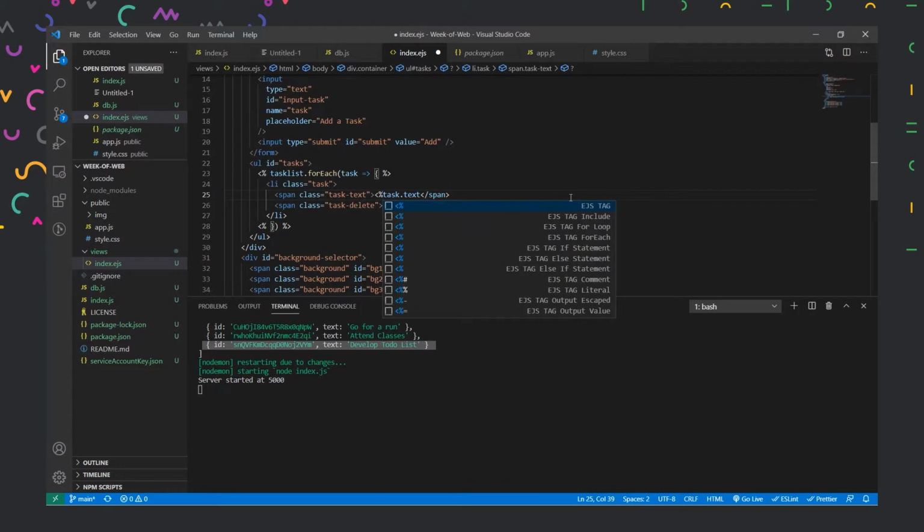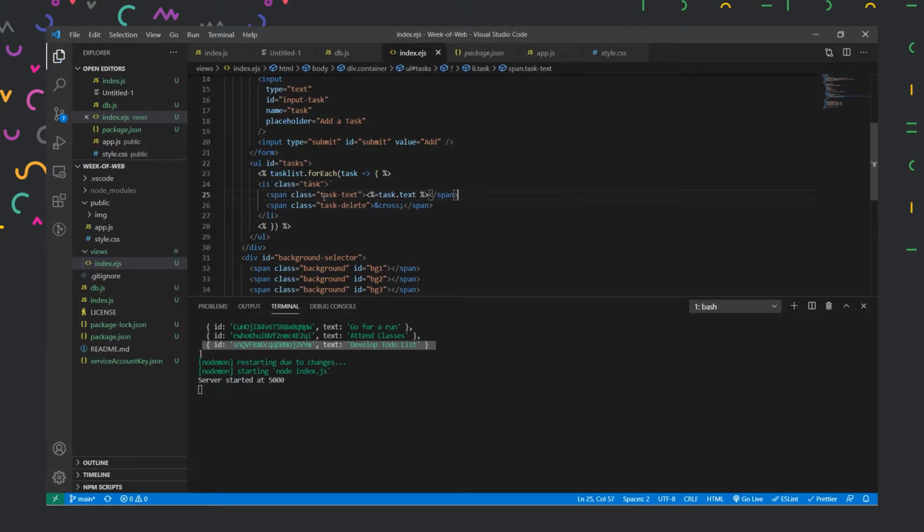We open the angular bracket, then we type percentage and then equal to, and similarly we close it as well. So we'll put percentage and close the angular bracket. And now after reading this syntax, EJS will start reading this variable. And then similarly we have for task delete as well.